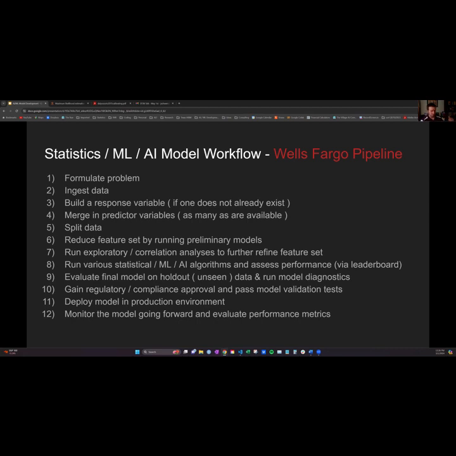They tie the seed together, make sure that you're starting from the same point and getting roughly the same results, all that kind of stuff. And then they evaluate the financial impacts. Like, okay, if this goes wrong, how much of a cost is this going to be to the business? So all of that stuff has to get done. Then once you pass all those tests and all those approvals, then you deploy it into a production environment.